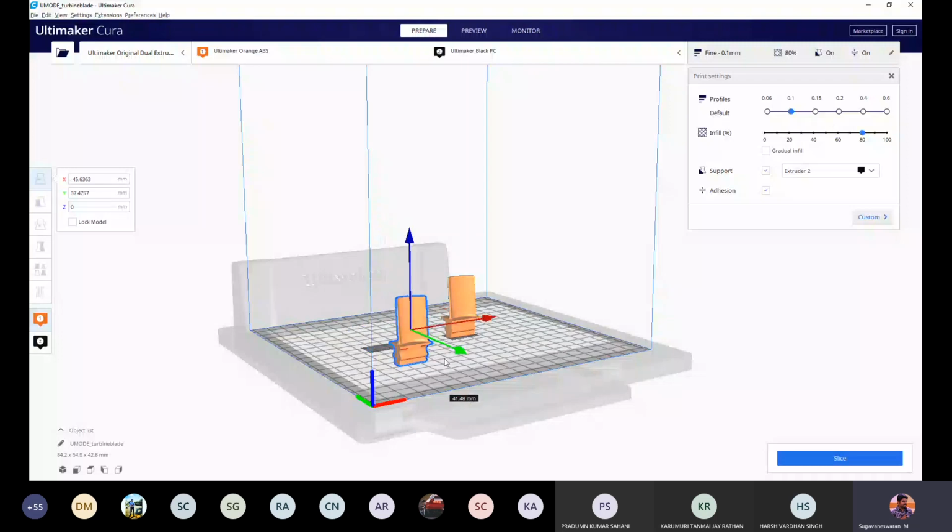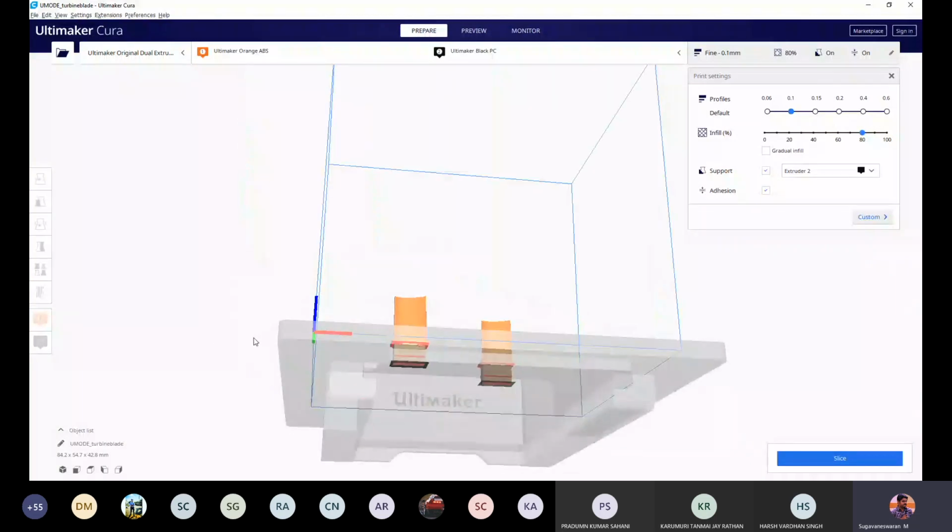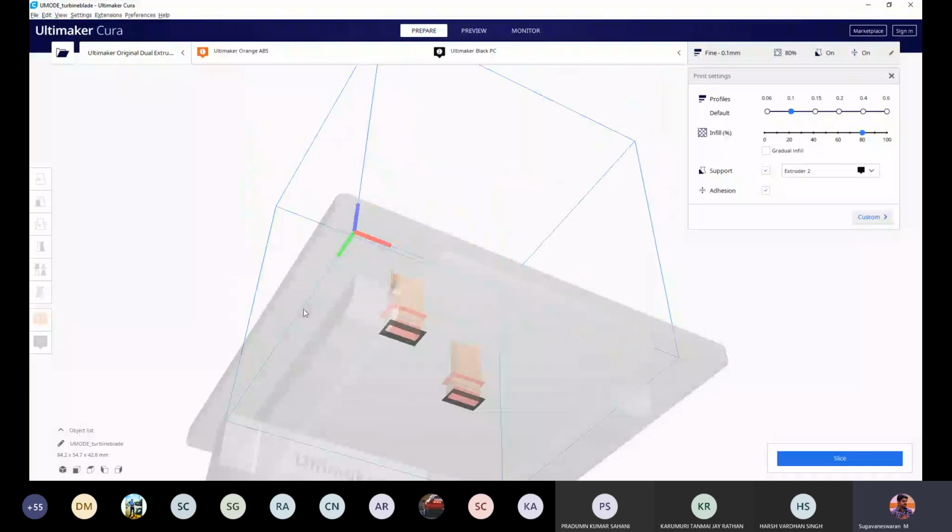So I can print 2 models at a time. I can print 5 models at a time. As of now, I will explain only with 2 models. So this is the model. Now I want to print a part. So I have to slice. Before slicing, you can see the red color region in the part. Could you all able to see the red color region? These red surfaces. Could you able to see the red surfaces?